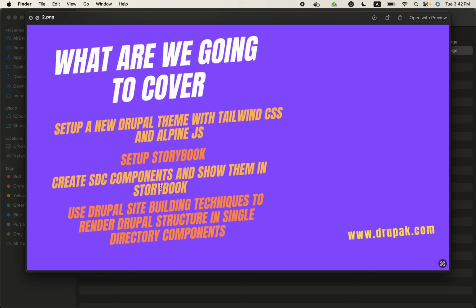And then we'll have some Drupal site building techniques using the SDC display module, which will render the Drupal structure in single directory components. This is a very powerful feature which we can adopt in our workflows. So there is a lot to learn,